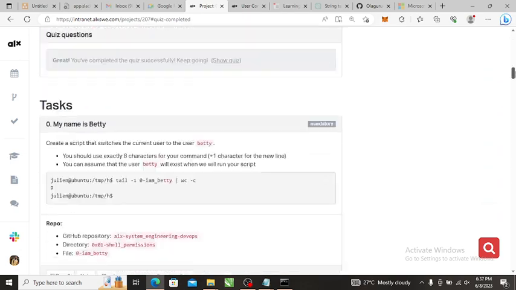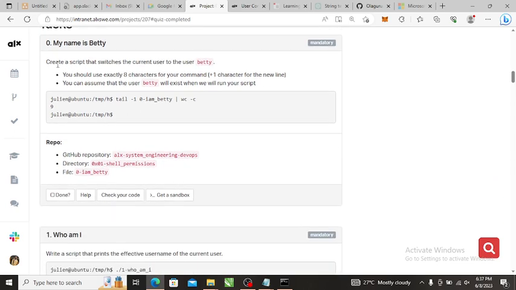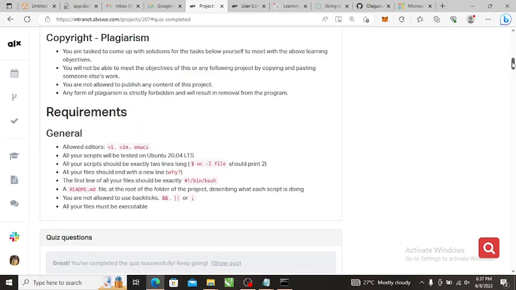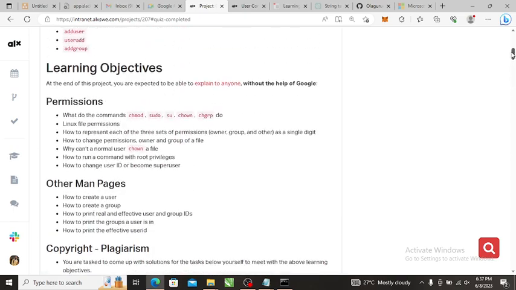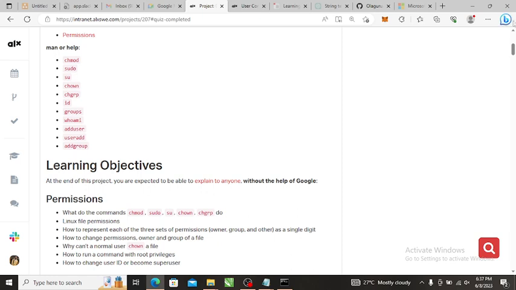Okay, so basically our first task is saying create a script. Since it's a script, you know your shebang and then your bin bash on the first line, and then your stuff will be on the second line. So create a script that switches the current user to user Betty. So to switch user, as you can see, su. Okay, so we are using this su command, which is switching user. This sudo will give you the user permission to use majorly, but to switch user you use su,